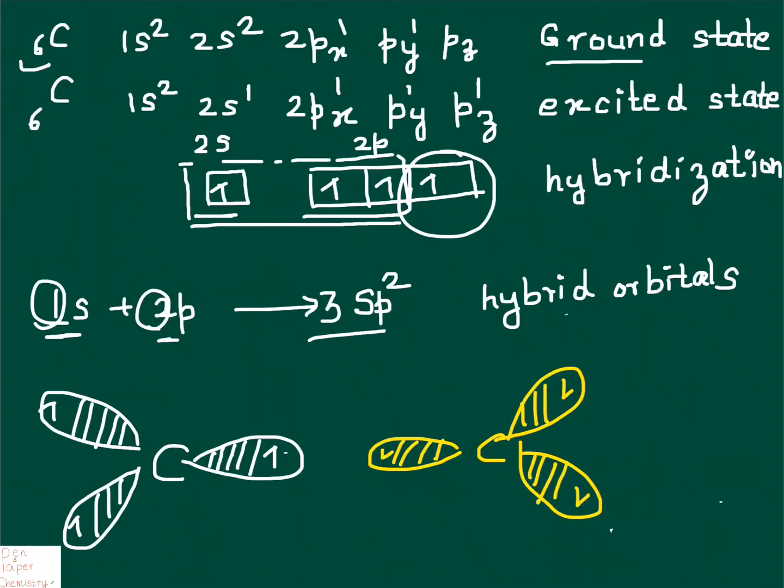If you are clear with the concept of hybridization, you can move a little ahead so that you can go ahead with the properties, the electrophilic addition reactions. Now, what happens is both these carbon atoms approach each other. Hello, how are you? Oh yes, you have an unpaired electron, even me too. Why don't we make friends? So, probably we will have friendship for these two electrons. Good idea, why not?